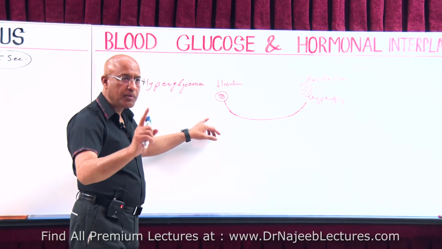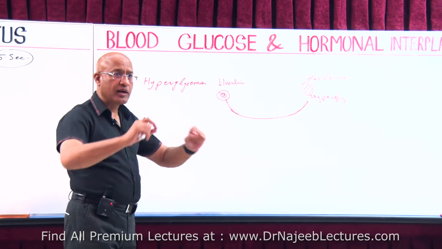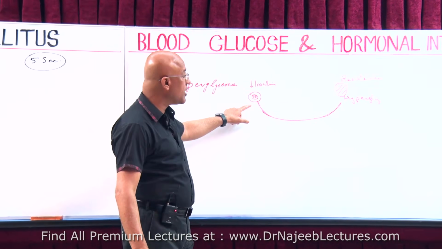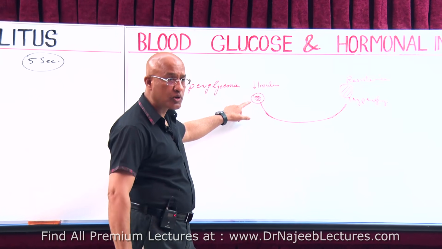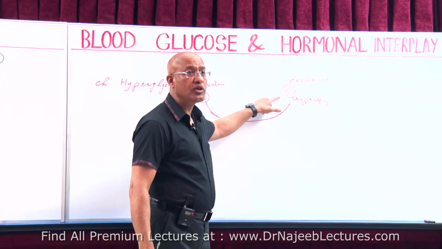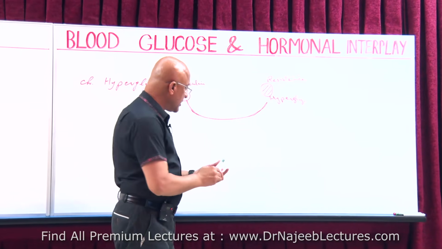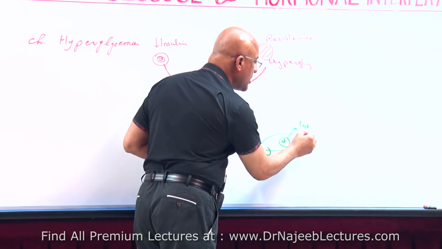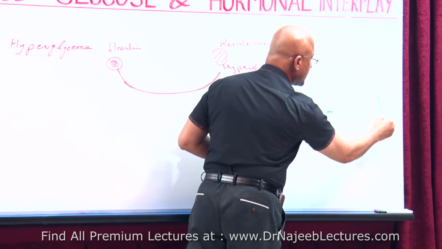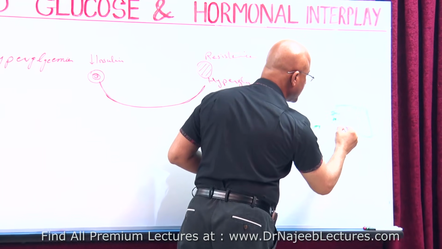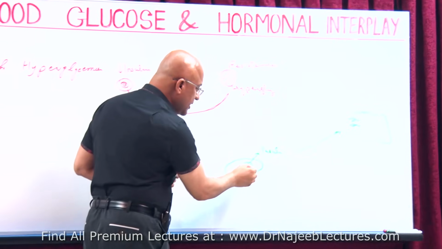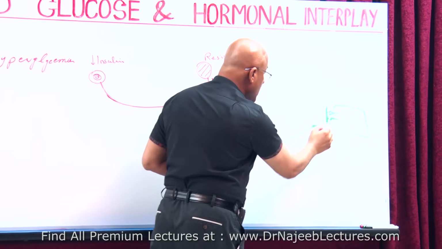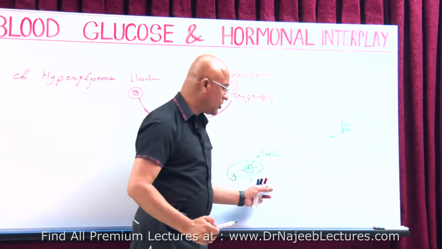What I said up to now, in diabetes mellitus, it's a group of diseases. Common thing in all of them is hyperglycemia. And in this hyperglycemia, what is there? Either there is reduced production of insulin or there is increased resistance to the action of insulin. Let me put it here. If this is the pancreas and here are the beta cells and they produce insulin, right? And that is going through the blood to the cells and acting on its receptors, right? Now, either there is reduced production or there is reduced action, right? Or any combination of both things,